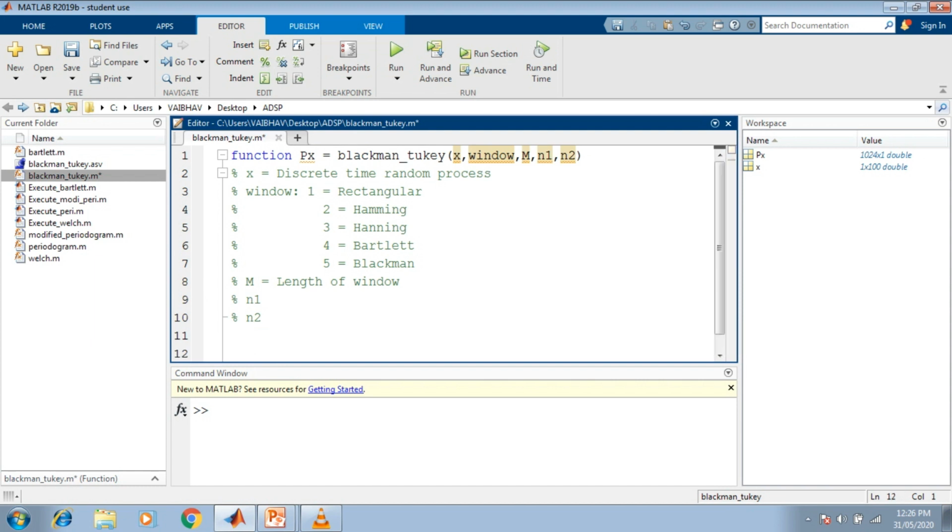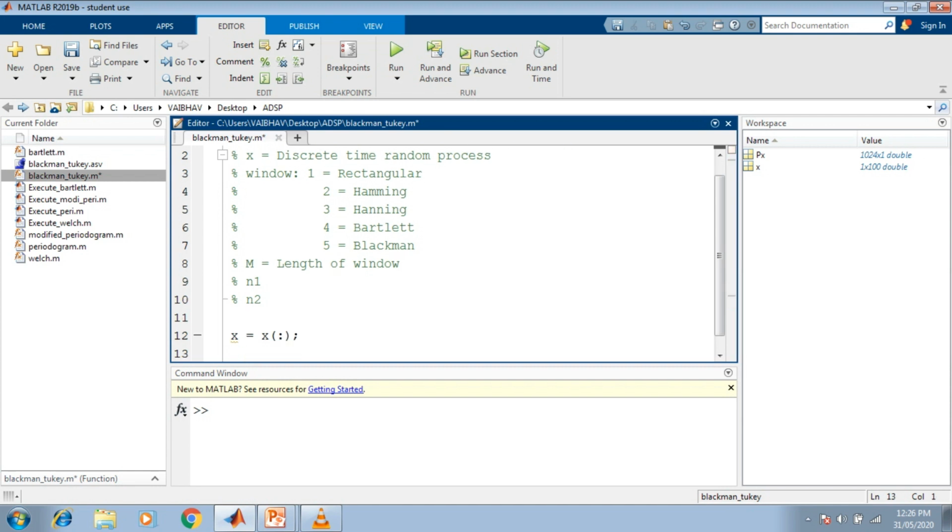Now this function is going to accept first of all the discrete time random process, so we keep the same notation x, and whatever we accept from the input arguments we take all the samples. That is why I put here a colon within the pair of parentheses, so it is assigned here.